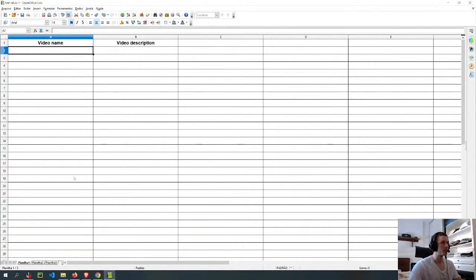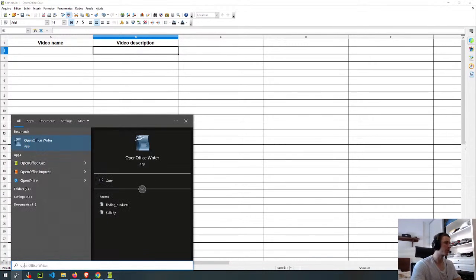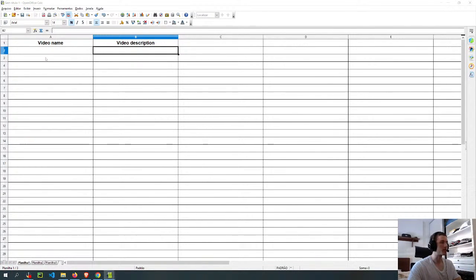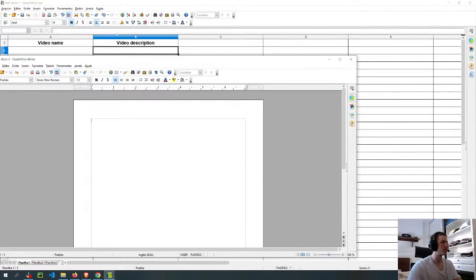Because what I'm planning to do is have an outline for each video, and it would be good if I can link the outline, but I don't think I can do that. The outline format's gonna be better if I do it with the OpenOffice writer instead of the spreadsheet here.